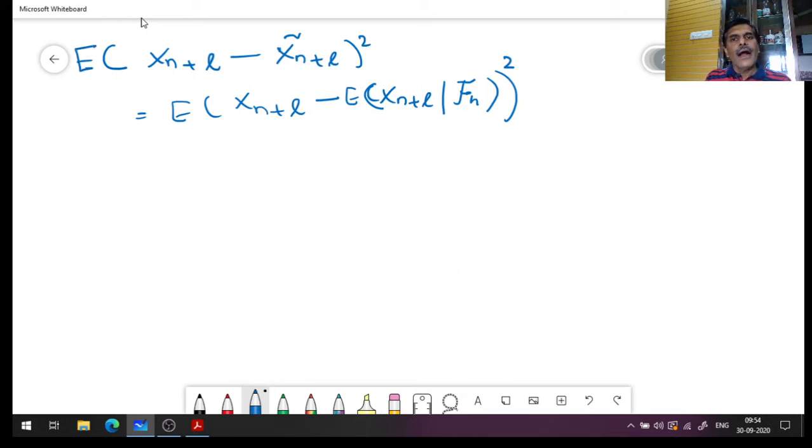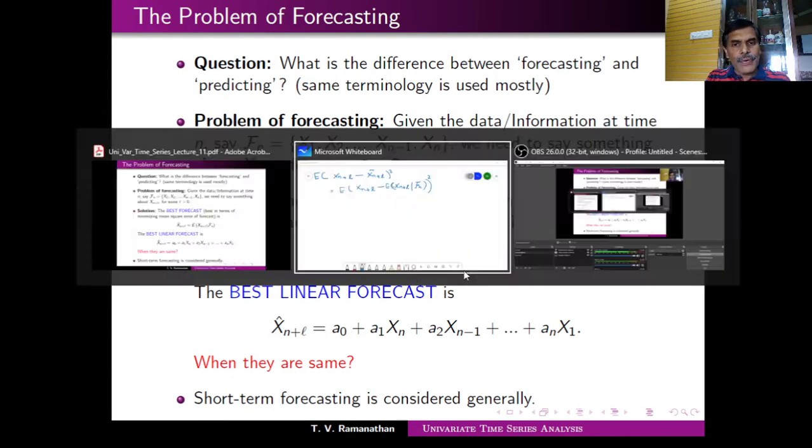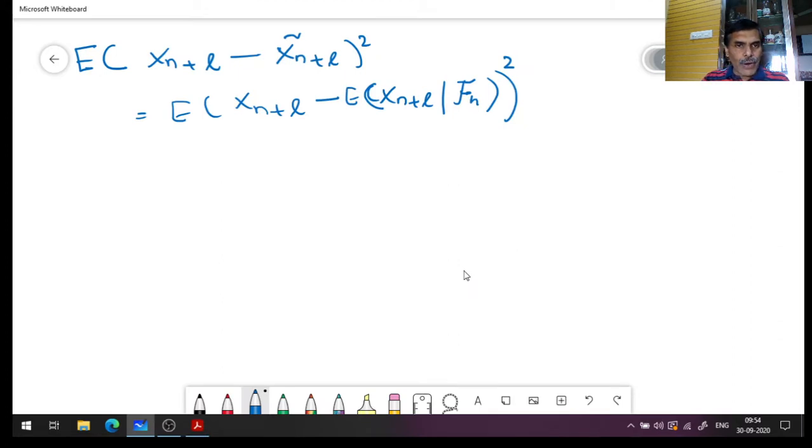Yes. So we are saying that in terms of minimizing this. Okay, let's go back and then try to see that. Now, this is the best forecast, but we may not be interested in the best forecast because, if you want to compute the best forecast, let me go back, I need to obtain the distribution, I mean the expected value of this given x1, x2, xn, because my fn